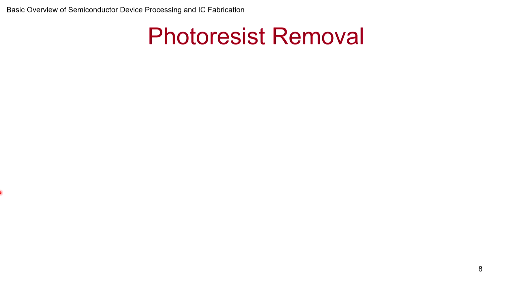We saw the generic cleaning, but one of the places where cleaning keeps coming again and again is in getting rid of photoresist. Many times after the lithography step, you'll have to remove the photoresist completely, and sometimes if there is some error in between, you might have to remove the photoresist. So such things can happen. So photoresist removal is a very important step. So let us see what are the standard methods that people adopt.